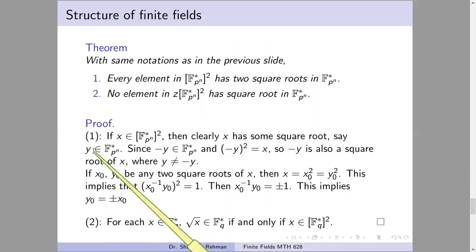मीन्स कोई ना कोई एलिमेंट ऐसा होगा जिसका स्क्वायर लेने से x आता होगा, वो फर्ज करें y है। अब क्योंकि माइनस y भी फील्ड में होगा, क्योंकि ये फील्ड है, अगर एलिमेंट है तो उसका एडिटिव इनवर्स भी होगा, and minus y square equals to y square and y square is x, so minus y square will also become a square root of x, और y माइनस y से डिफरेंट होगा क्योंकि करेक्टरिस्टिक जो है वो 2 नहीं है। अगर y माइनस y के इक्वल हो जाए तो फिर करेक्टरिस्टिक 2 हो जाती है, क्योंकि 2y फिर 0 हो जाता है। यहाँ पे करेक्टरिस्टिक 2 नहीं है।